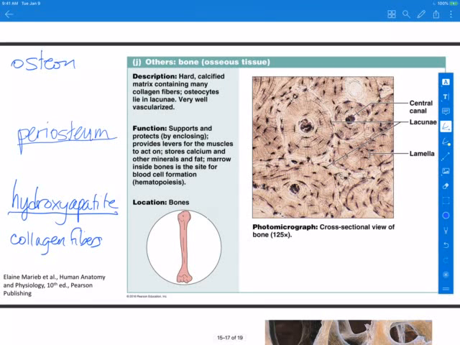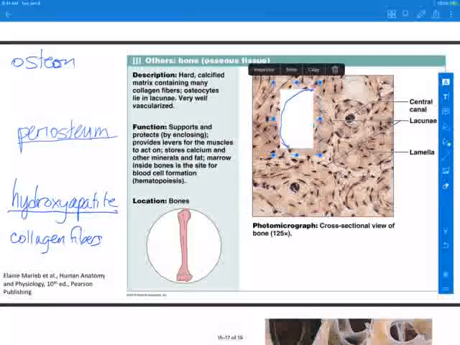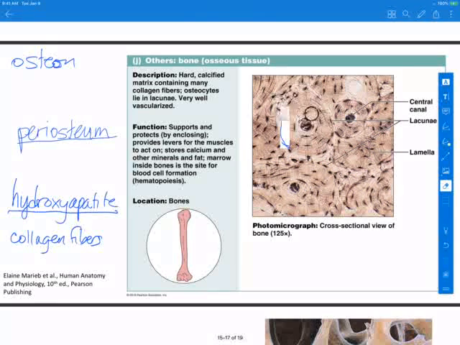So this is a repeating unit in compact bone, and this entire circular area here is the osteon. The central canal includes the blood vessels and nerves and lymphatic vessels, and then we have